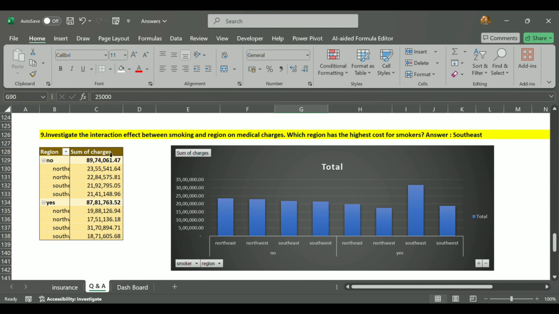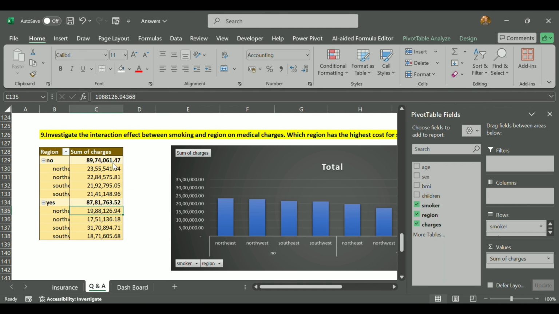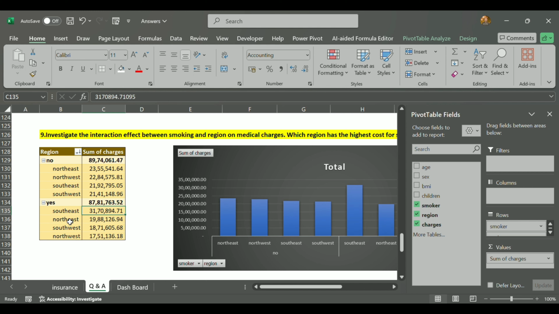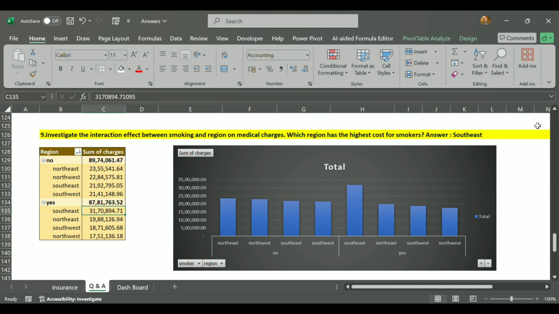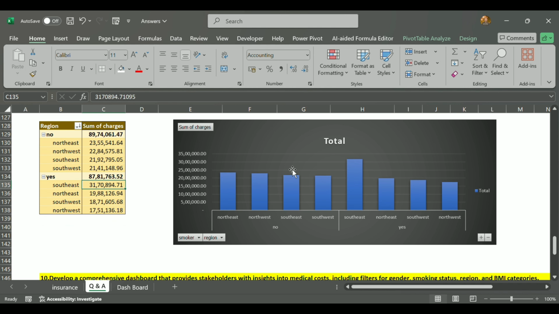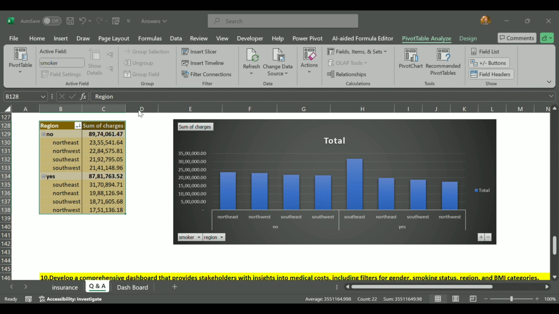Okay. Investigate the interaction effect between smoking and region and medical charges. Which region has the highest costs for smokers? So after that we receive the answer is Southeast. So how I get that? Highest smokers, just go here, sort by largest to smallest. Okay, so I receive the result as Southeast in the top for smokers, and the answer is this. And for this, the chart is like you can just select and create according to you which chart is suitable